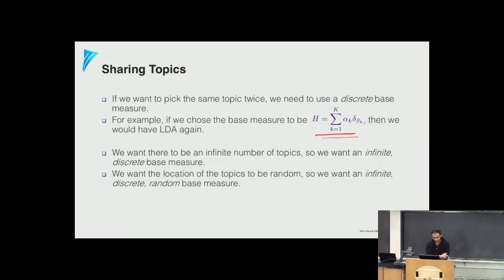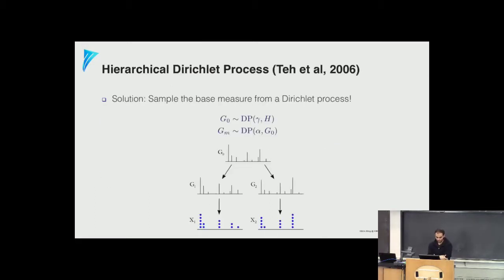And because we would like to have an infinite number of topics, we also would like to be able to randomize over these locations, right? We don't want to have just infinite, discrete, and fixed. We'd like to have an infinite, discrete, and random base measure, right? So these are the properties we would like to have in our model. And well, there is a solution that Teh and others proposed in this paper in